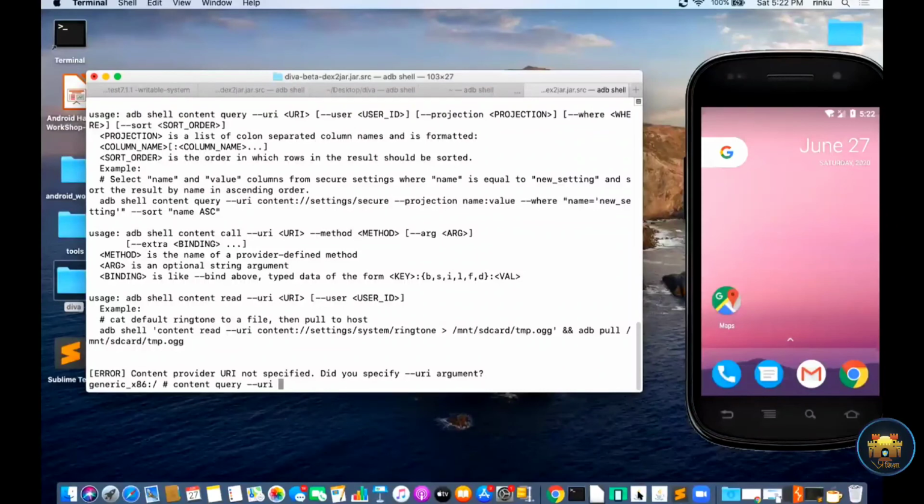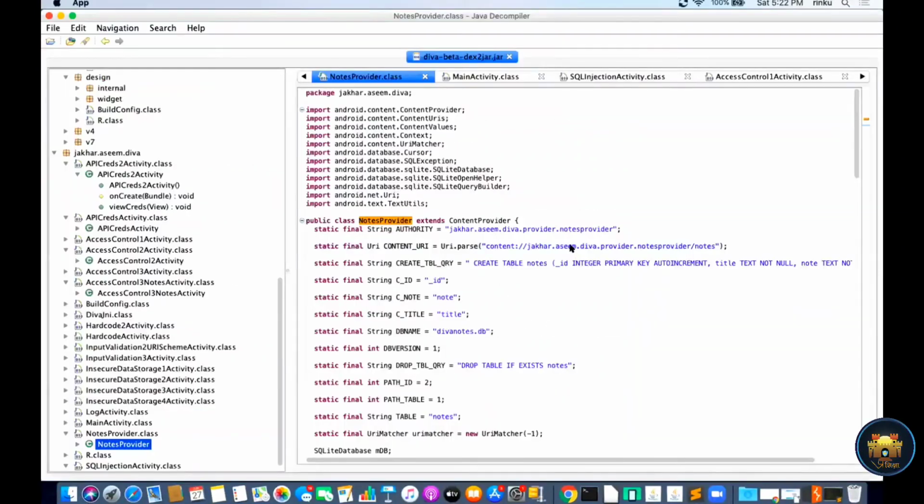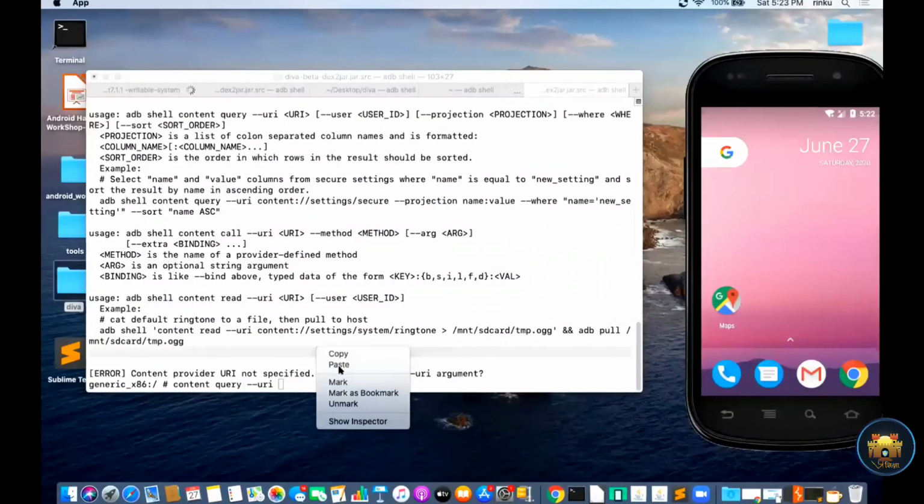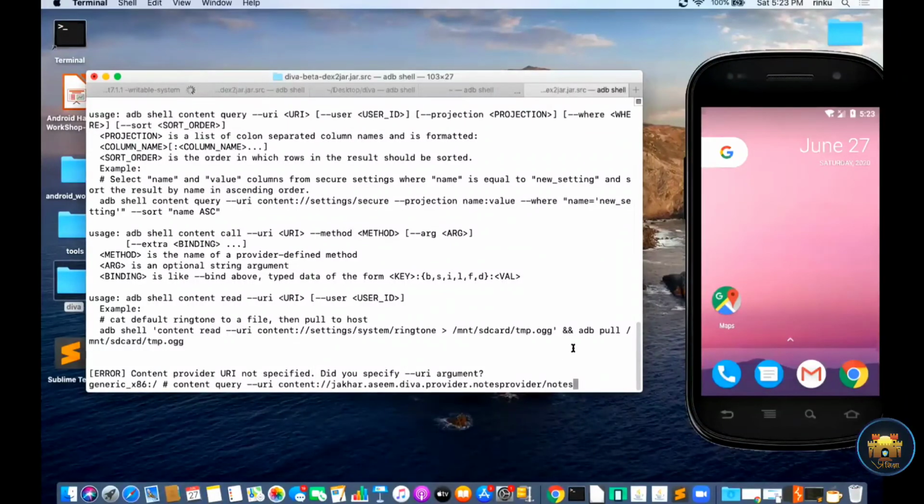I just need to copy this URI, paste it, and try to access this content provider using the URI.